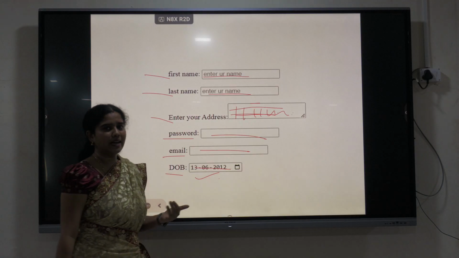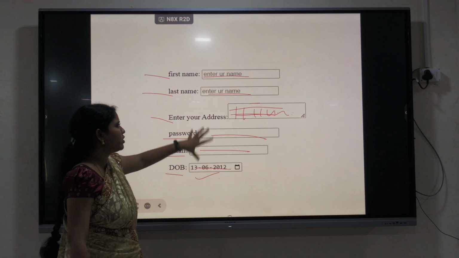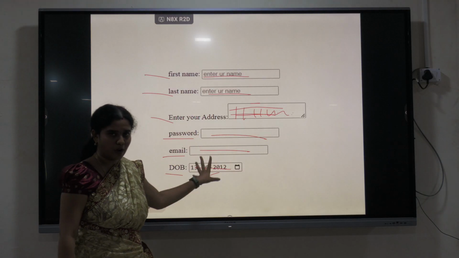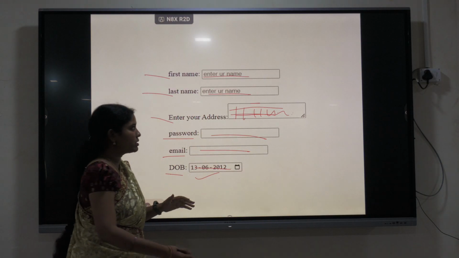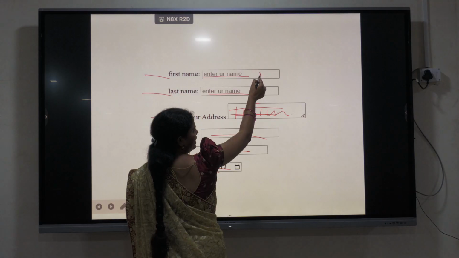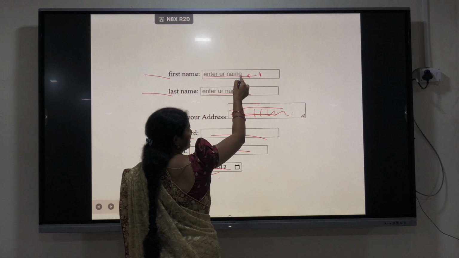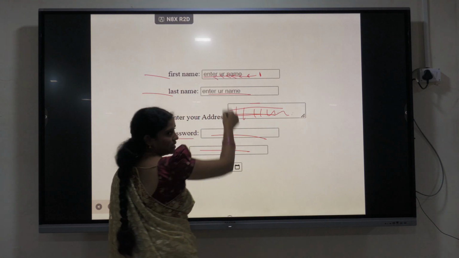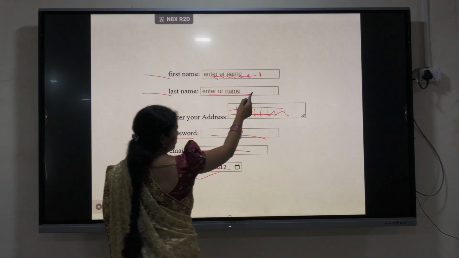Now you found that something is missing, somewhere you went wrong in the entire form. So what will you have to do, instead of going to each text box and using delete or backspace again and again,